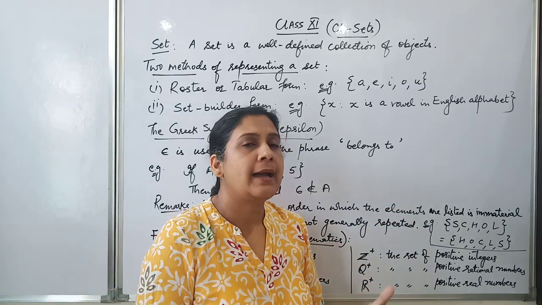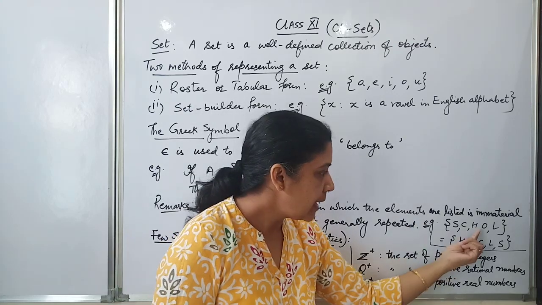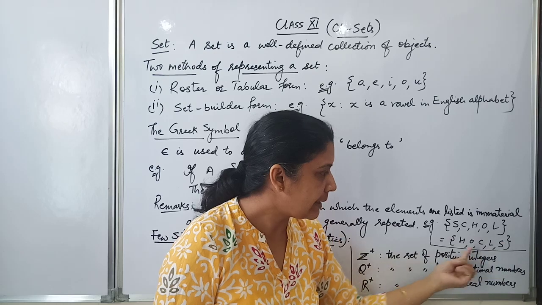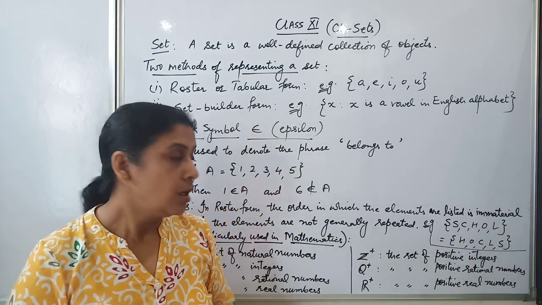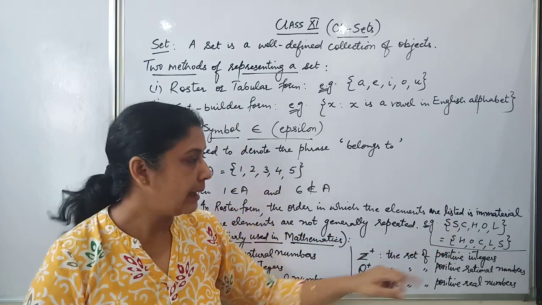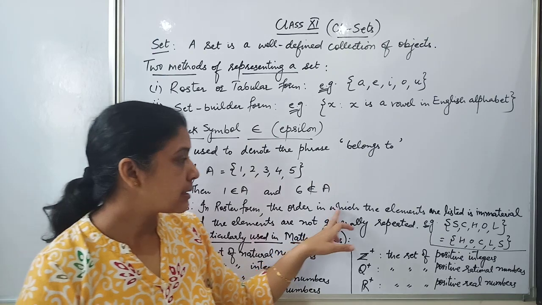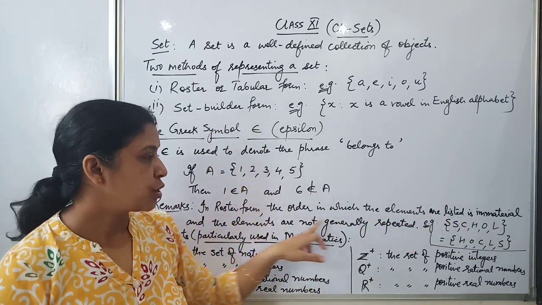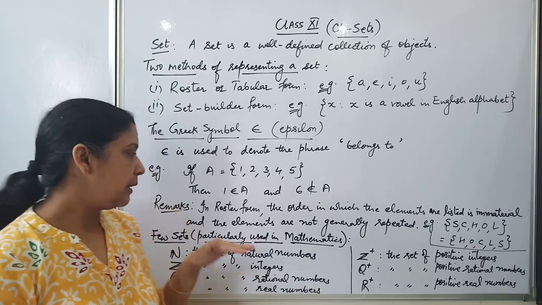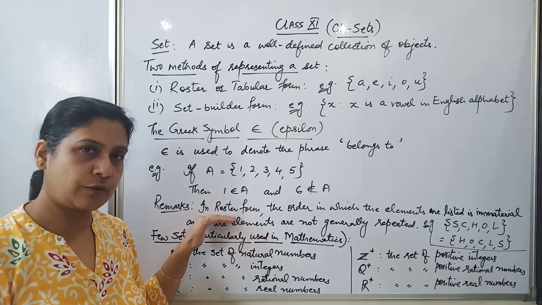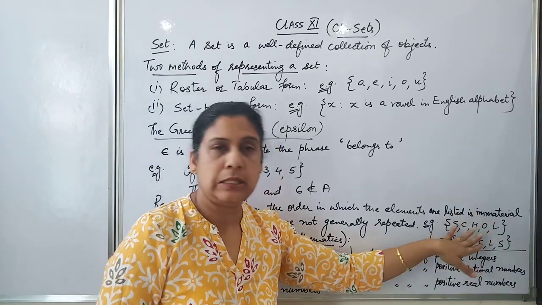Secondly, if I had jumbled it up, if I had written it in random order, for example, HOCLES, even then all these letters are appearing in the word school. So these two sets are equal. I have put the symbol of equality between these two sets. So the order does not matter and the repetition is not allowed. This is a simple rule which you have to take care of wherever you are writing down the roster form. So आप किसी भी order में लिख सकते हो, आगे पीछे कर सकते हो, repeat नहीं करना.